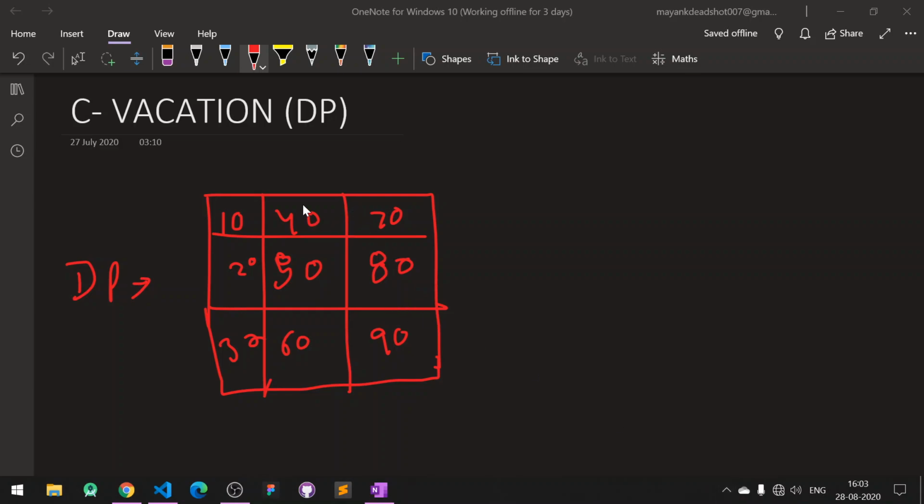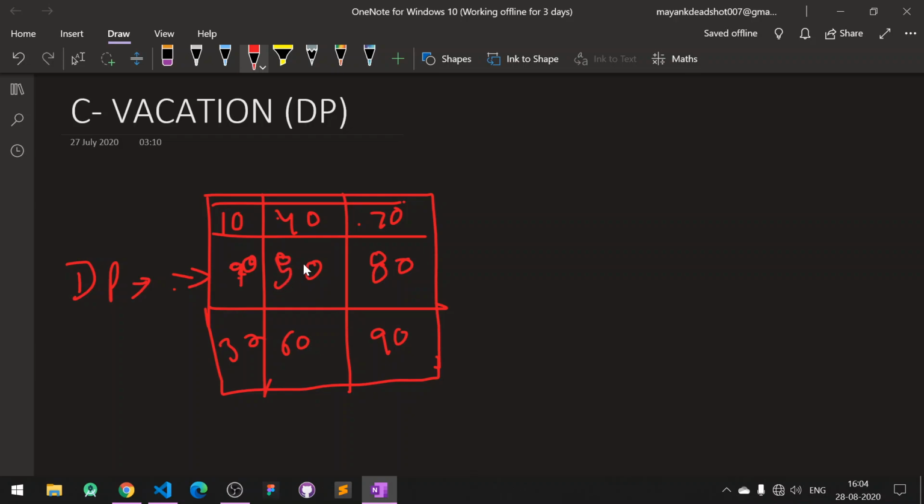What we will do is start traversing from this row, because here we can only take the maximum of these three if n equals 1. So we start from the second row. If we are calculating the profit for this point, then we cannot come from 10. We can only come from 40 or 70. The maximum of 70 and 40 is 70. So 70 plus 20 is 90. So here it comes 90.